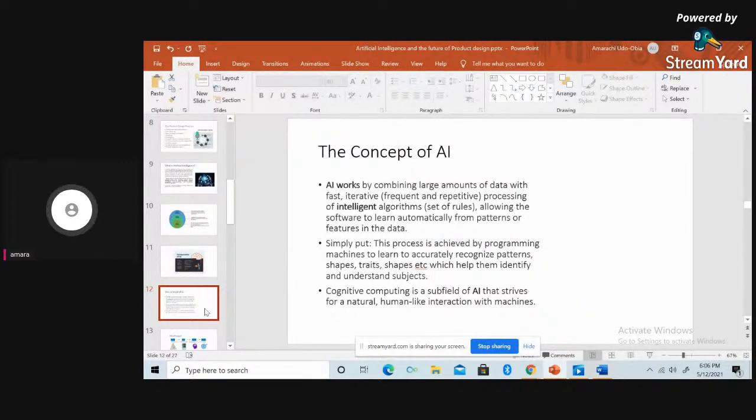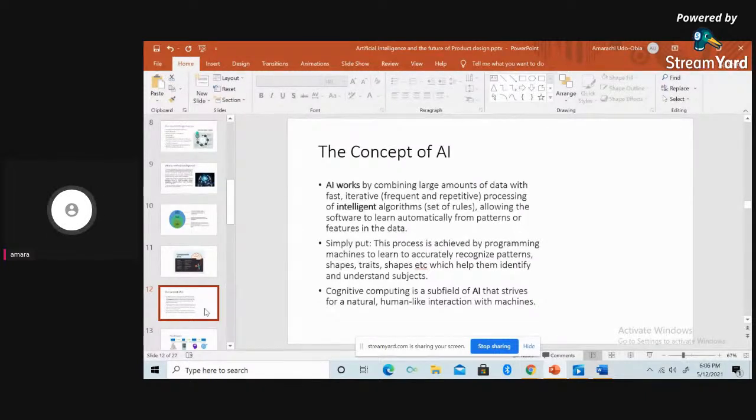AI works by combining large data sets with fast, iterative, that is frequent and repetitive, processes of intelligent algorithms. That is a set of rules allowing the software to learn automatically from patterns or features in the data. Simply put, this process is achieved by programming machines to learn to accurately recognize patterns. These patterns could be shapes, traits, colors, and so many other things, which help them accurately identify